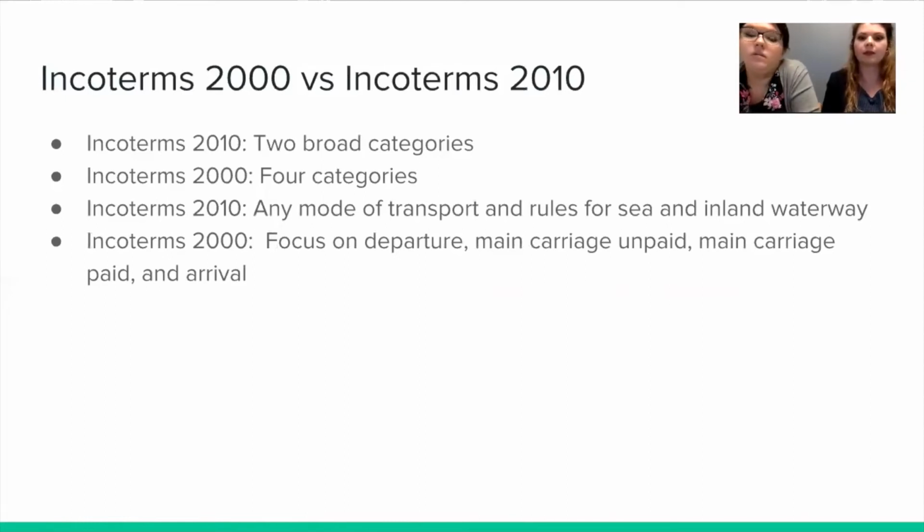Incoterms 2010 also focuses on changes in relation to insurance, security-related clearance and string sales. Incoterms 2010 have 11 terms, while Incoterms 2000 have 13 terms. Incoterms 2010 introduced two terms, DAT and DAP. Incoterms 2010 replaced four terms including delivery at frontier, DAF, delivery ex ship, DES, delivery ex quay, DEQ, and delivery duty unpaid, DDU.